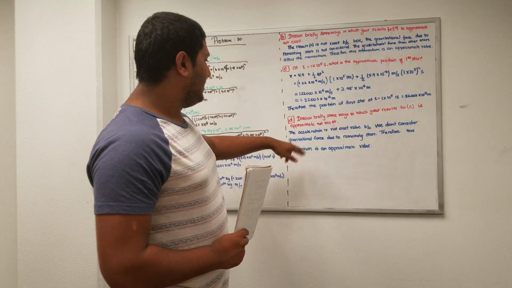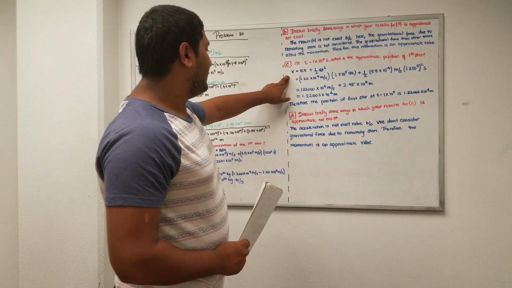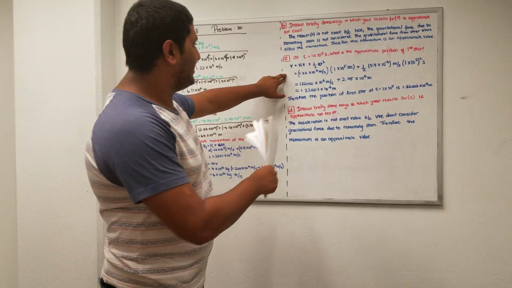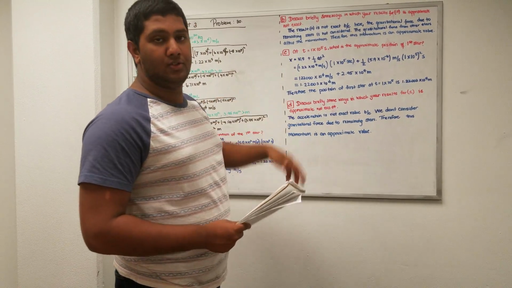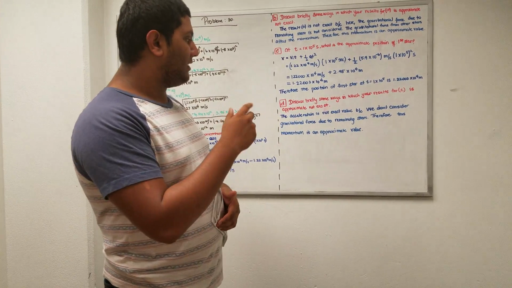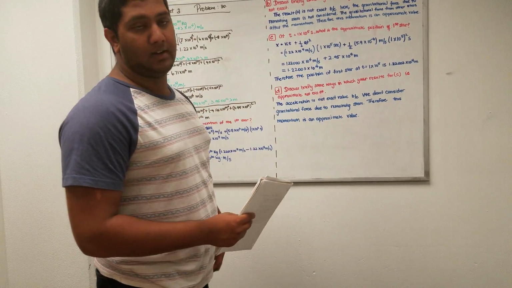Part D says, discuss briefly some way in which the result you found in C is approximate. It's the same reason as part A, because we didn't consider the gravitational force from the remaining stars. So therefore, it will affect the position. So therefore, it's not